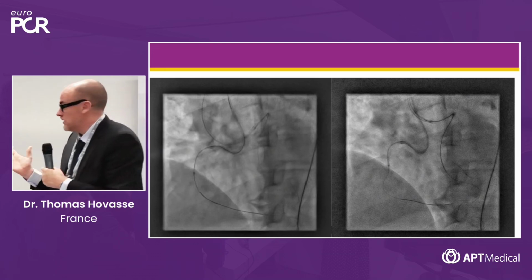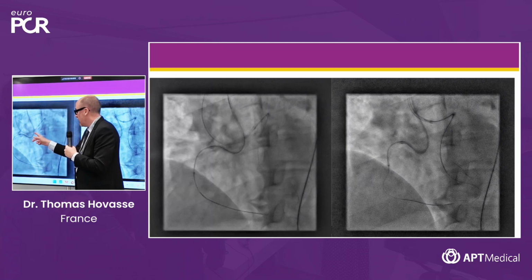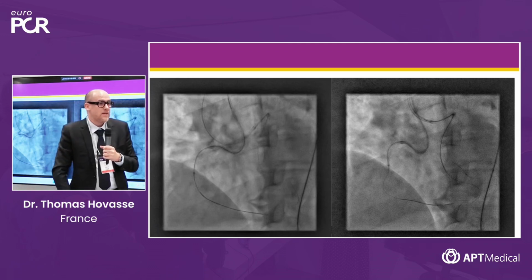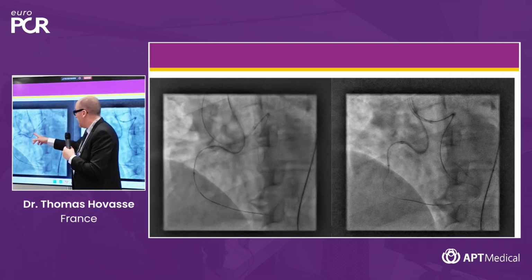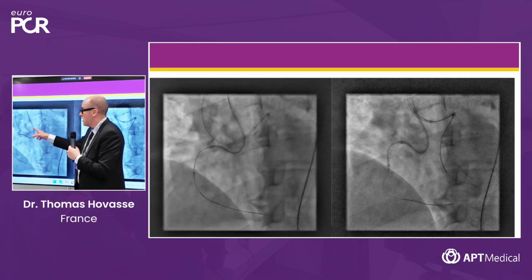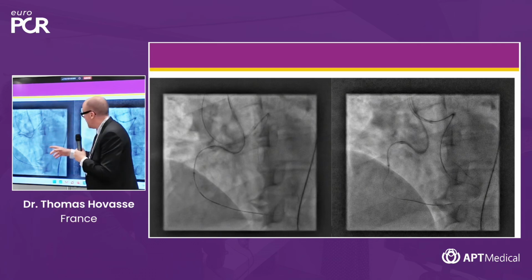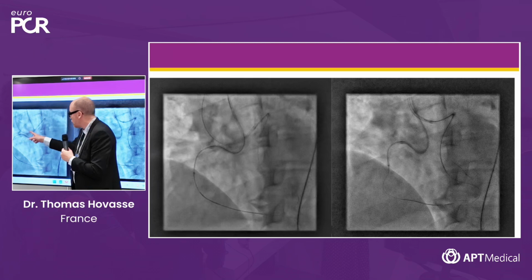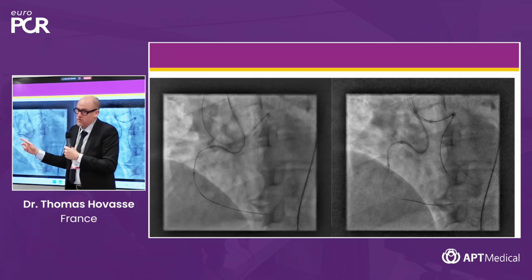You managed to have the retrograde wire inside the guiding catheter, but, yeah, two options. You can trap here with the balloon, but sometimes with an extension you have to be careful not to take a too big balloon. It will give you strength in order to advance. And the other option,